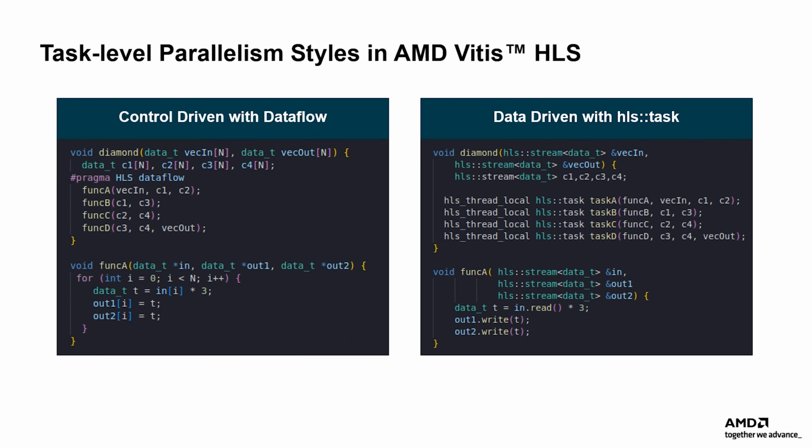If an application requires some interaction with external memory, and there are data dependencies between the tasks that execute in parallel, then the control-driven TLP model is the best fit. Vitis HLS will infer the parallelism between tasks and create the right channels such that these functions can be overlapped during execution. The control-driven TLP model is also known as data flow optimization in Vitis HLS. In this model, the tool-inferred parallelism can be observed only after co-simulation is run.